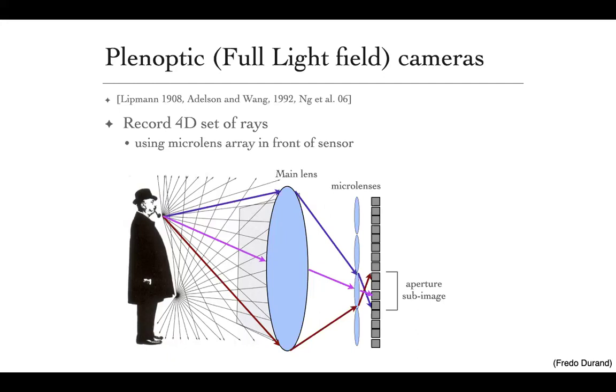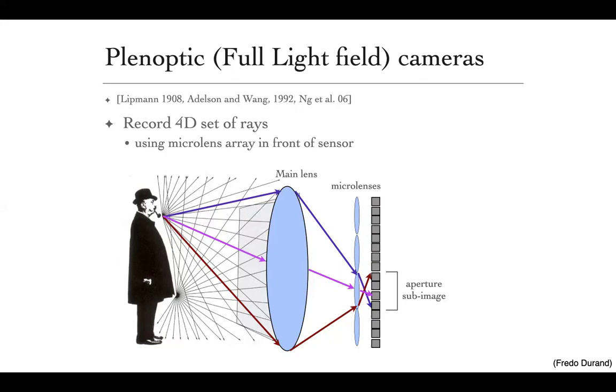I was saying before that one way to have a 4D light field camera is to put a lot of regular cameras in an array and then capture several images. And then from that, you create the representation, because you have a 2D space of cameras, and then you have a 2D space of rays, then you have a 4D light field. But there's a very ingenious way to do a